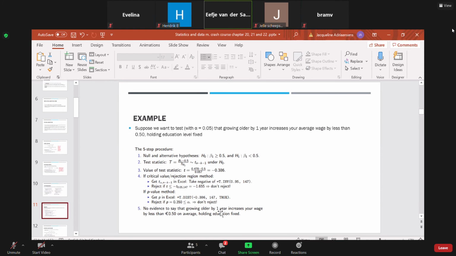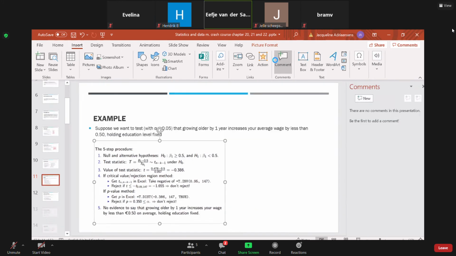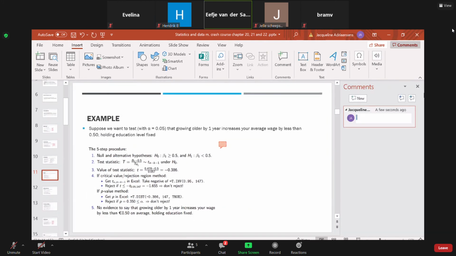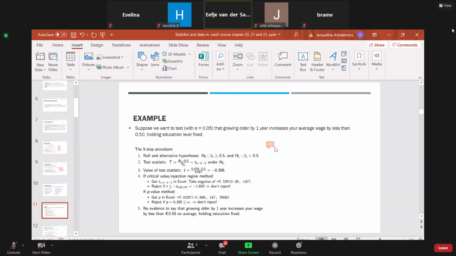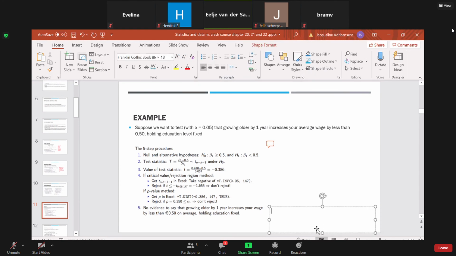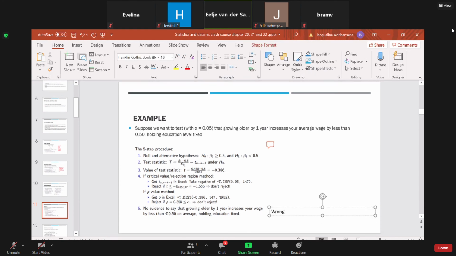Actually, this conclusion isn't entirely correct. I will write, no, sorry. I will write the correct conclusion here. Okay, so this is the wrong conclusion because this is not how you're supposed to do it. So what should be the right conclusion? The right conclusion should be